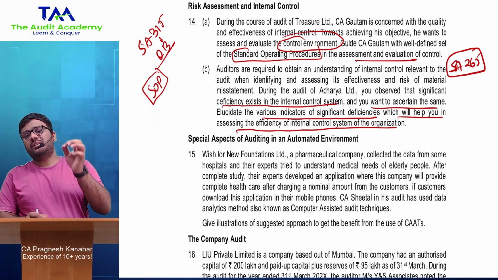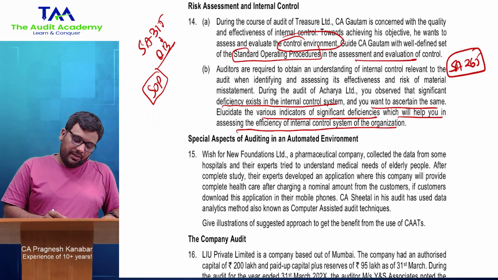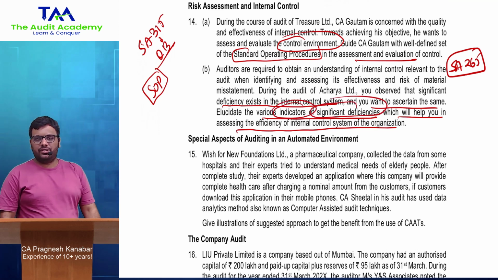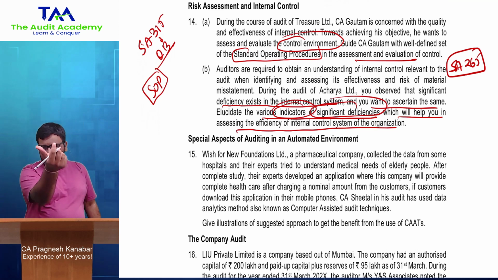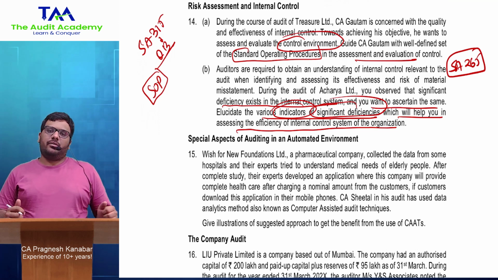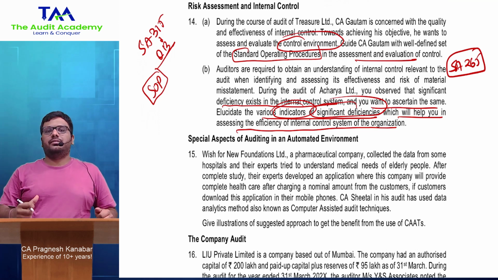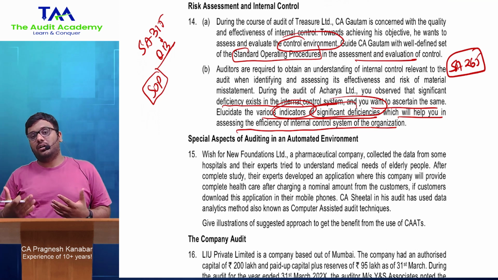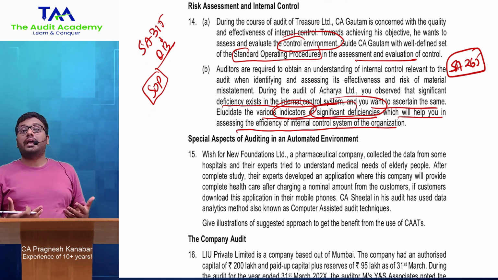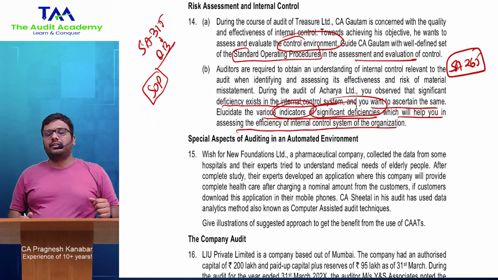So in Essay 265 the biggest task is to find out which deficiency is a significant deficiency and what are the indicators of significant deficiency. Now do you understand the English of the word indicator? When you are standing on a railway platform, there is an indicator. Now I really don't know whether the train will actually come or not. 99% it will. But it may also not arrive if there is some problem, but the indicator is there.